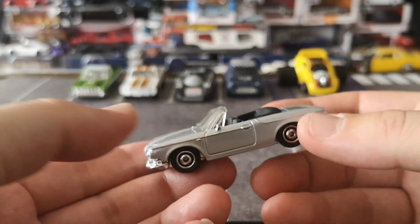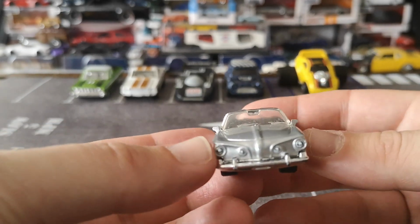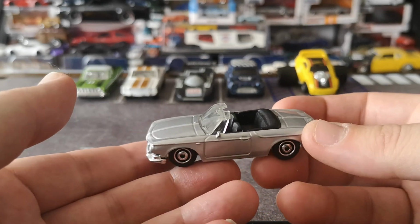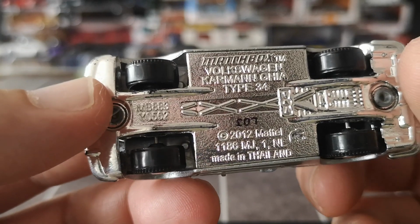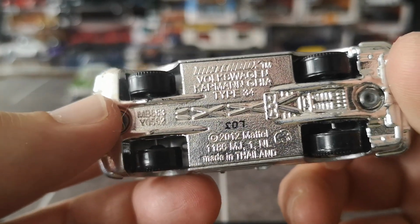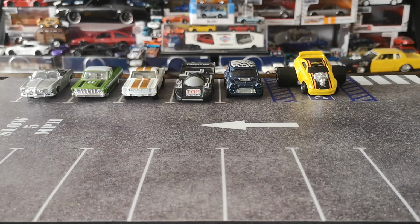I mean, not bad at all. I like the fact there's mirrors on this casting as well, which is always a big plus. Hot Wheels are starting to do a lot more castings, especially the ones that they know are going to be popular, with mirrors, but Matchbox still got the edge on this. Yeah, 2012 copyright. The version I have is from 2017, basically, so I think it's a little bit older. I'll put that there. All right, next up,